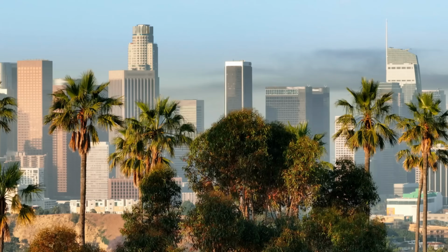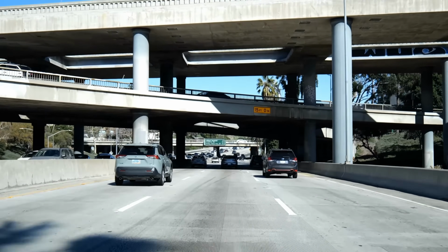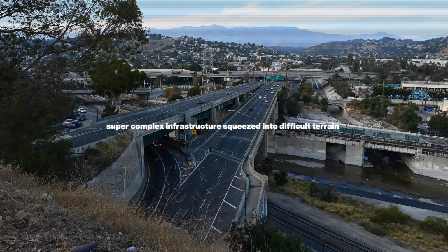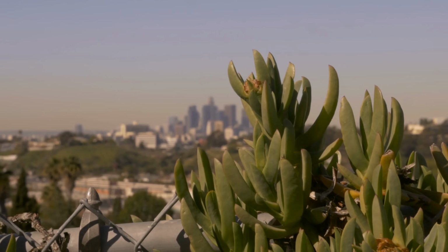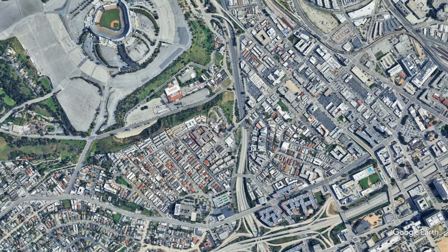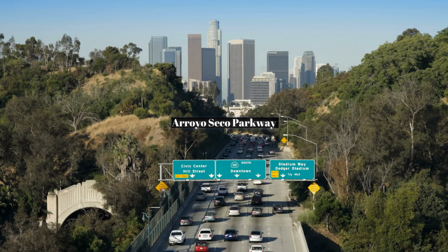Hey, I'm Daniel and I'm absolutely fascinated by cities, first-person drives and super complex infrastructure squeezed into difficult terrain. Really specific, I know. So where do we find all of that? Exactly, in Los Angeles. There we have one of the most unusual freeways in the country, the Arroyo Seco Parkway,